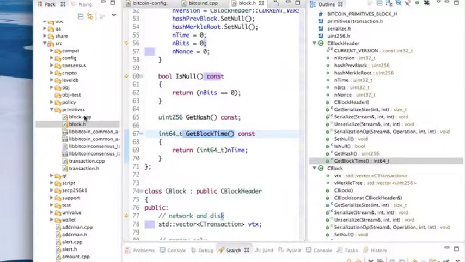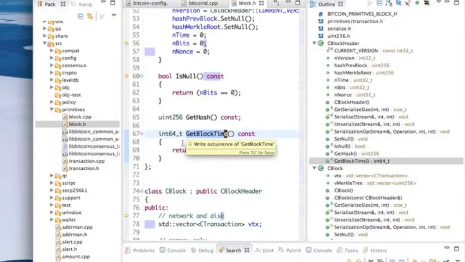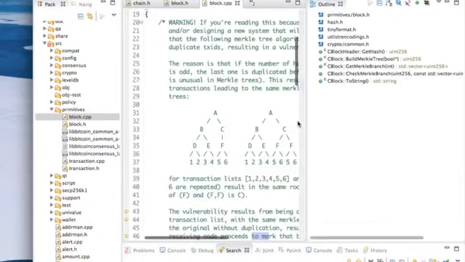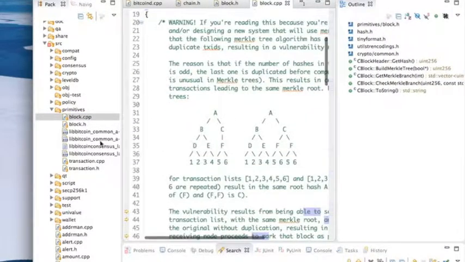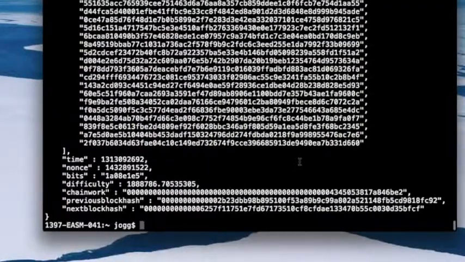Okay, and this is the header file where we have only the signature or the prototype of the methods, and some methods are implemented under block.cpp, as you can see. And so when I do getblock